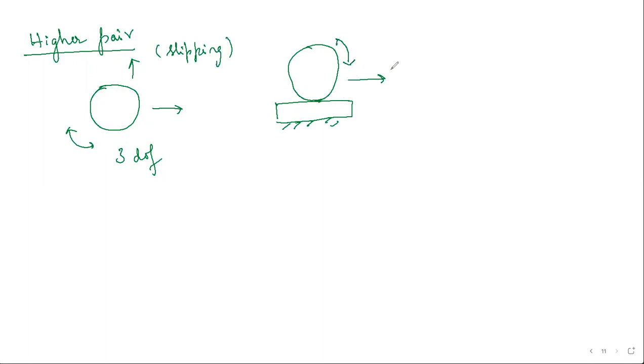The example is, suppose you have a flat tire which does not have good grooves. So you put a brake, what will happen? It will slide, right? That sliding I'm talking about here. So that's called slipping. And this is turning. So 2 degrees of freedom are allowed. How many degrees of freedom are blocked? So 1 degree of freedom is blocked due to higher pair with the slipping condition. 1 degree of freedom is blocked.